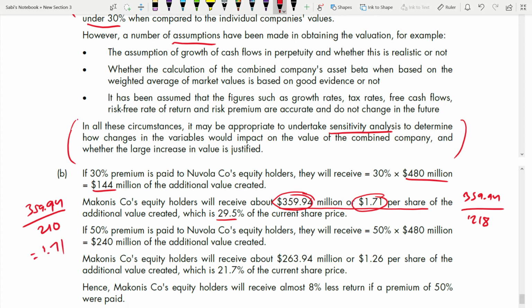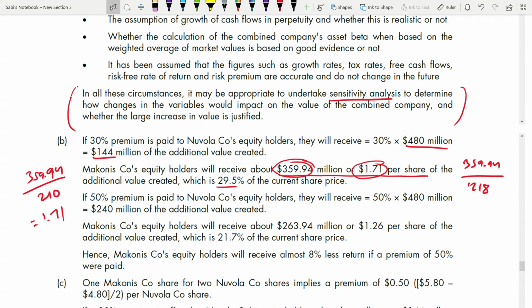Always try to work in both the terms, in terms of the total value and per share. Okay, you should know both. Now coming to 50%, so that is with 30%. Coming to 50% also you have to repeat the same thing. If 50% premium is paid to Nuvola equity holder, they will receive 50% of 480. Before it was 30% of 480, now it's 50%. So now from that additional value which you got, just deduct 240,